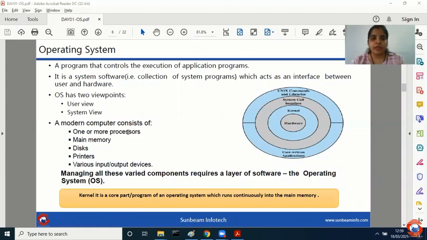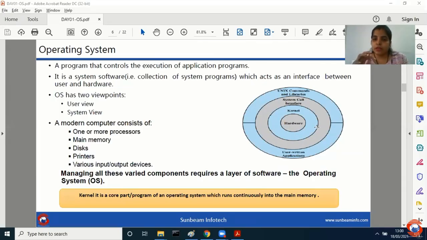All right. So this was a diagram which I have shown you with respect to OS architecture. And this architecture is called layered architecture, right? What is this layered architecture talking about? The layered architecture is of Unix architecture.